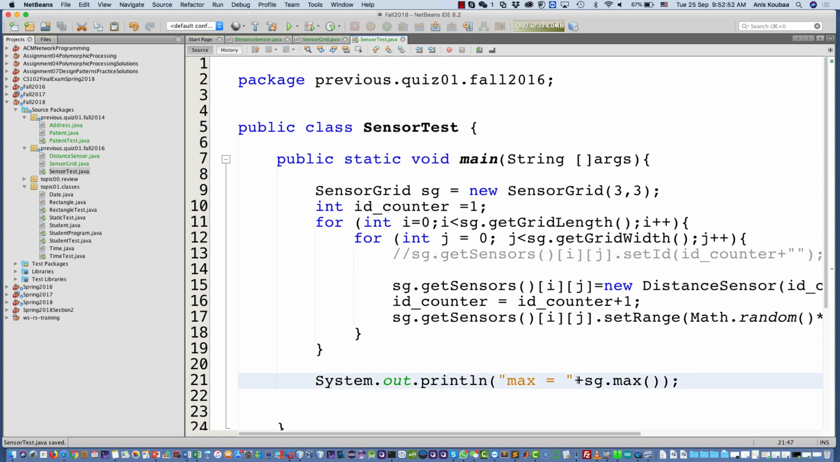Is it clear? There's one thing I didn't understand. What did ID counter do